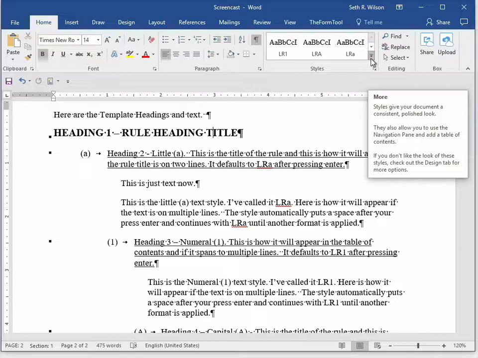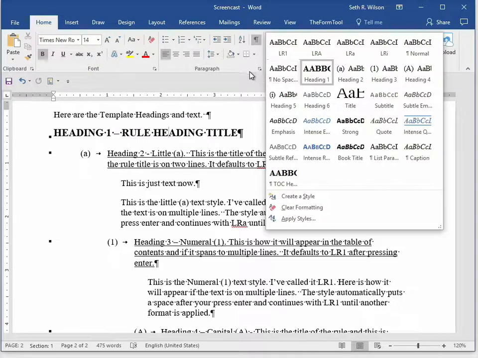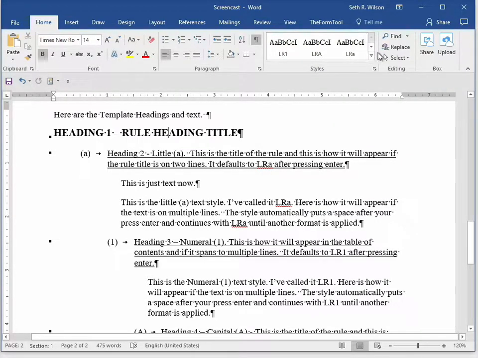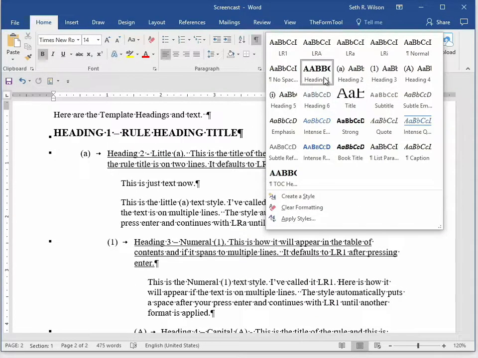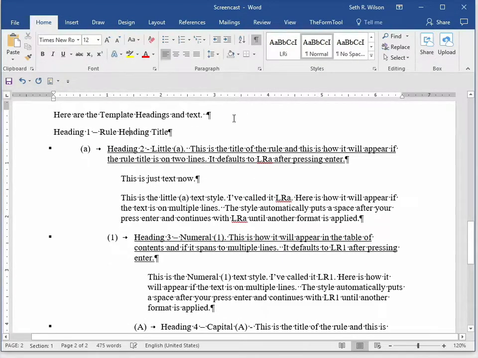So all we need to do is modify those styles to make them appear how we would like for this particular document. So if I put my cursor in heading 1 and click on the toolbar under the Styles section, this little drop-down arrow, I can see that heading style 1 is applied to this text. If I wanted to remove that, I could come over here and choose another style called Normal. You can see by clicking on that, I've removed the heading style and it's returned to Times New Roman 12-point